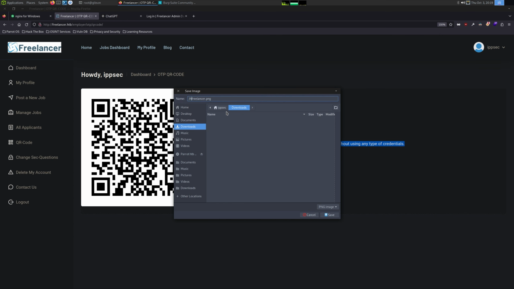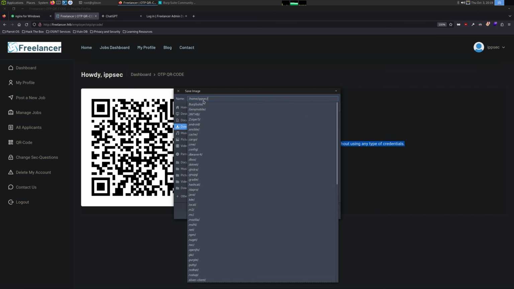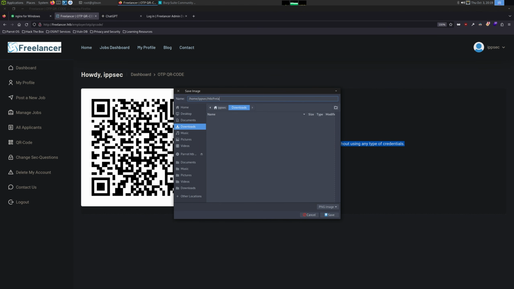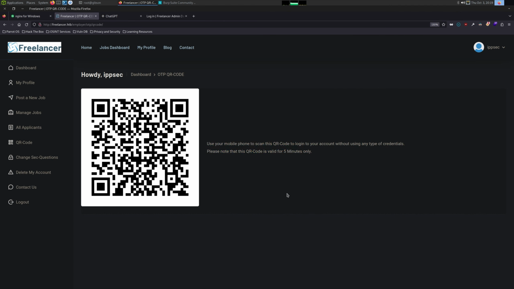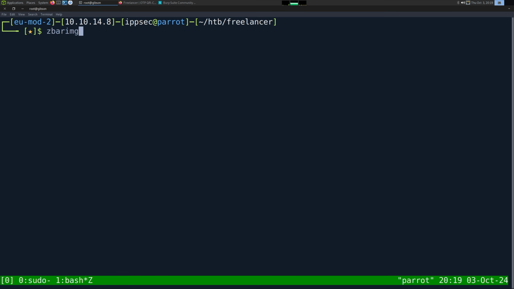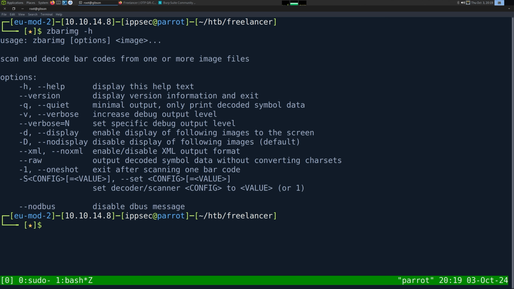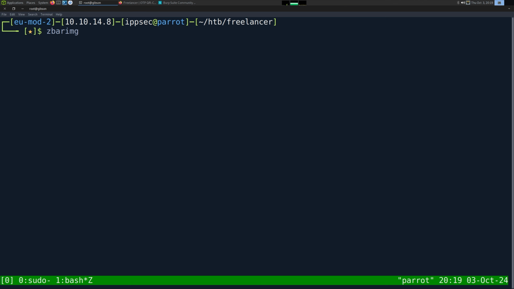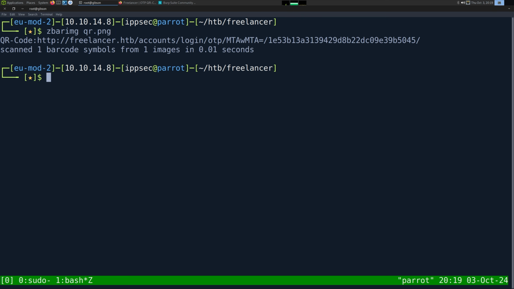So let's save it to home, ipsec, HTTP, Freelancer, under qr.png. Save that. And we can use a program called zbar_image to convert QR codes, right? That's the whole purpose of this. There's probably a web browser extension you could also install that would automatically do it, but I normally just use the command line. And doing this, we have a